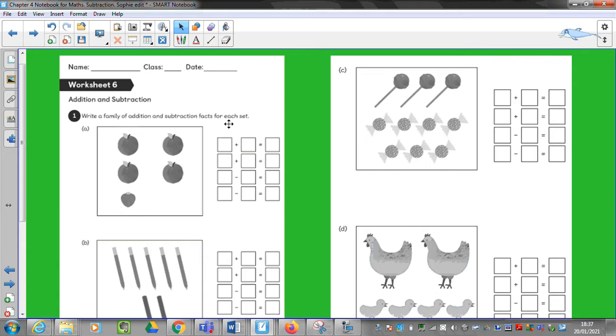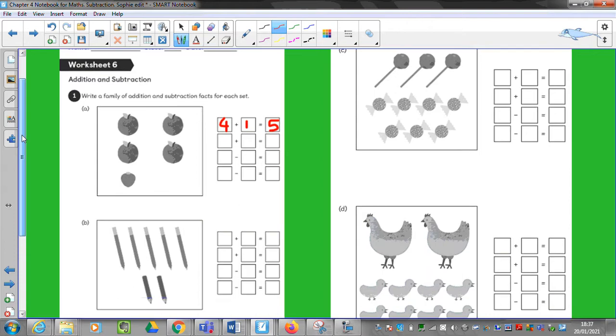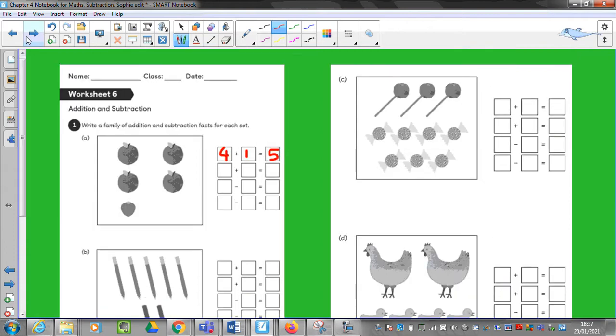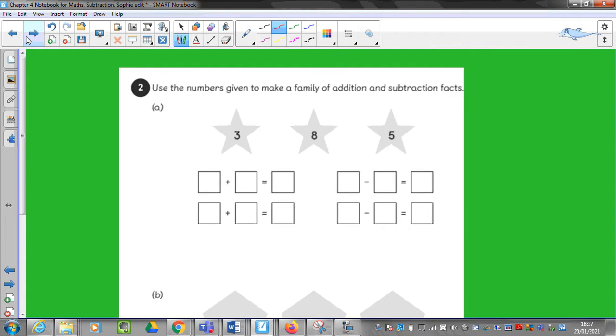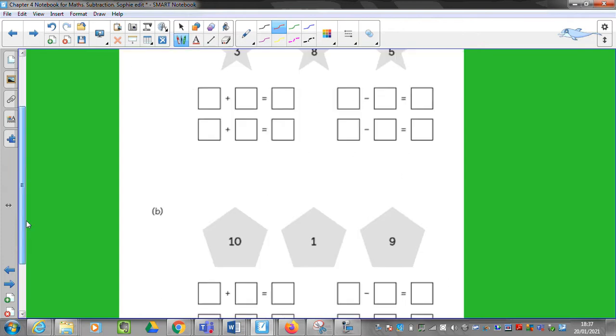So you could have 4 apples add 1 strawberry equals 5, and so on and so on. So you've got that for 2 sheets, and then this is a little challenge for you. What you need to do is have a look at these numbers and see if you can just use the numbers without having the pictures to make your fact families, all 4 of them, and the same for these lovely